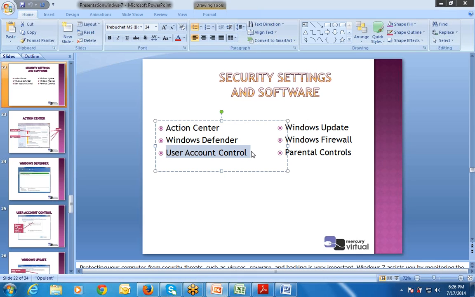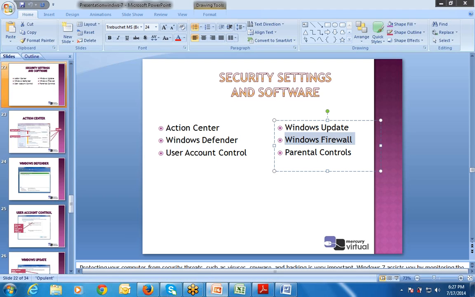Then there is User Account Control. User Account Control means you can access any password, you can access the login or ID password with the help of User Account Control, that is done by Windows. Then Windows Update, if you want to update anything on Windows, you can use the Windows options.